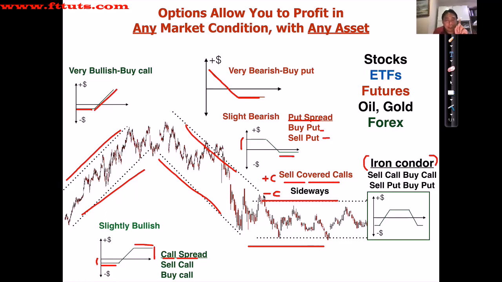And then simultaneously, you sell a put below where the market is to collect premium again, and buy another put at a lower strike price to reinsure that first option. Now, I know it sounds a bit complicated, but once you've learned it step by step, it becomes really simple. So, in other words, you sell a call, buy another call. Sell a put, buy another put. And what that does is it creates a risk to return profile that looks like this over here. Like a condor, like a bird, right?